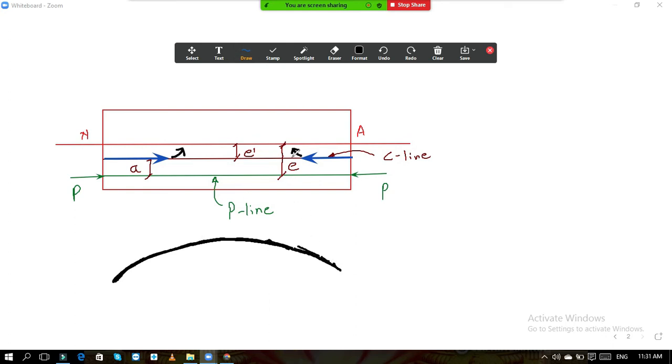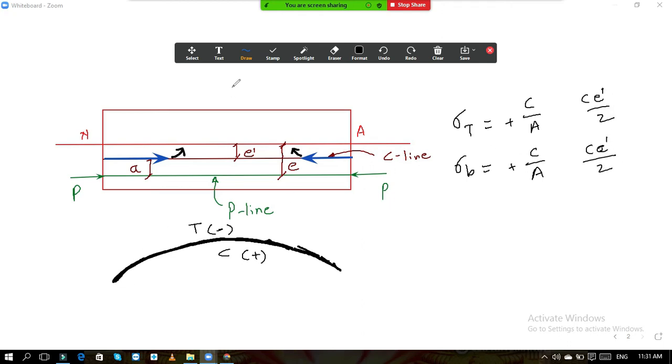Now here you can say that tension is at top and compression is at bottom. So at top it will become minus and bottom it will become plus. Now we know that our direct stress is C by A, and the stress due to this shift is C e dash by Z. So we can calculate sigma T at top and sigma B at bottom. Sigma T will be C by A, which is always plus. Here also I will write C by A, which is always plus. The next term is C e dash by Z, here also C e dash by Z.